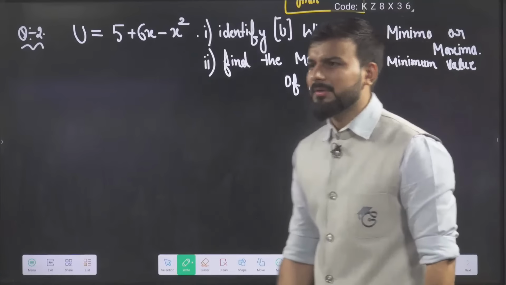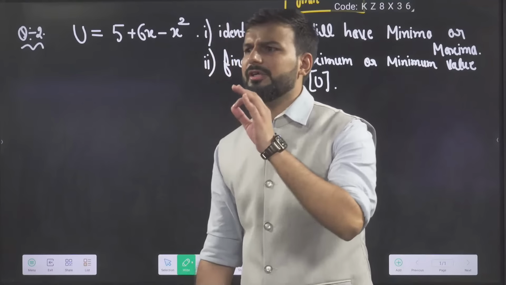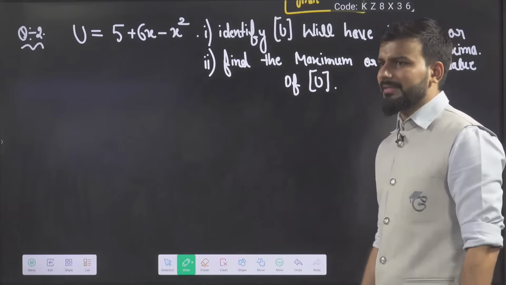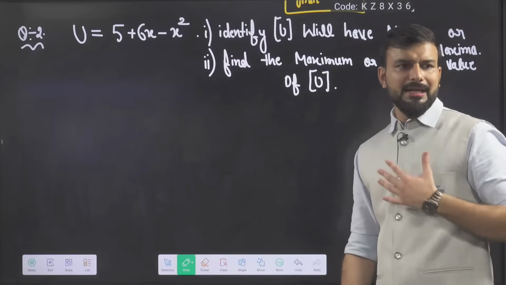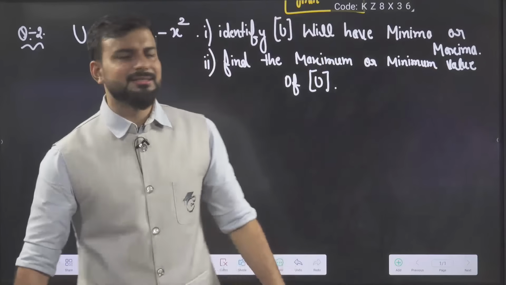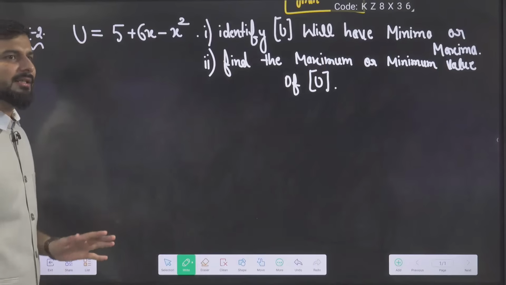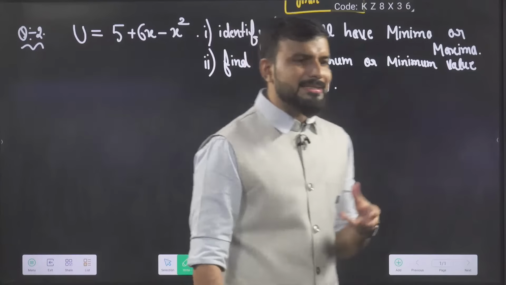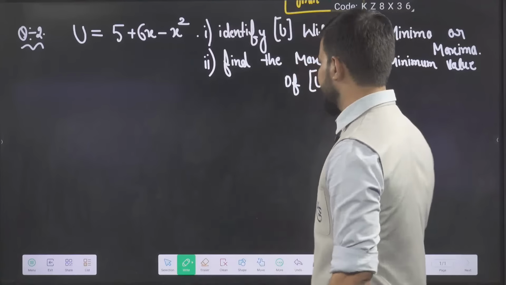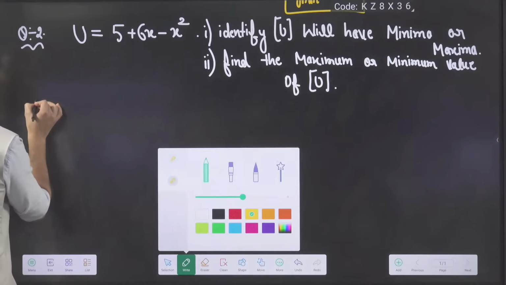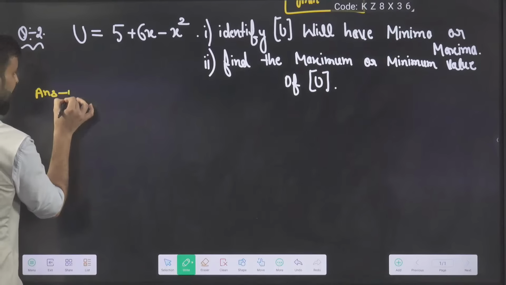Maximum or minimum? Everyone is saying maxima. Very good. Except one or two members, who still have confusion. But I liked it. The majority is saying, sir, this will have maxima. It means the first level you have cracked, whether the function has maxima or minima. That is very good. So it means we have identified the first step. What is the first step?